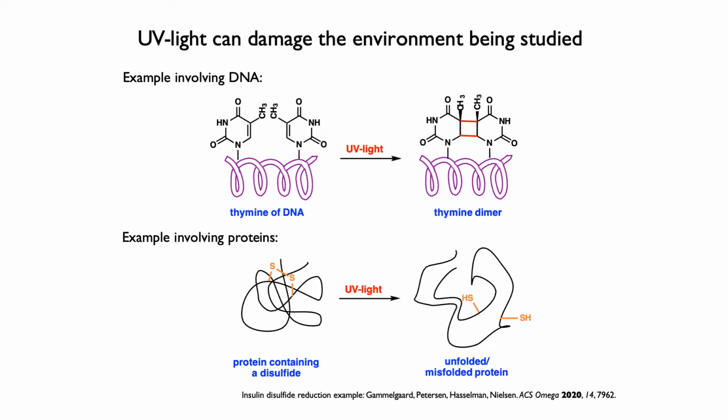And if the disulfide's not there, if you break that bond that's holding it together, then basically your protein can unravel, which in other words means that when we shine UV light on cells, we can be having significant effects on the environment we study. If the target has a disulfide, that could make it difficult to actually characterize the target, because your target might no longer be able to bind to the drug if it's no longer folded properly.